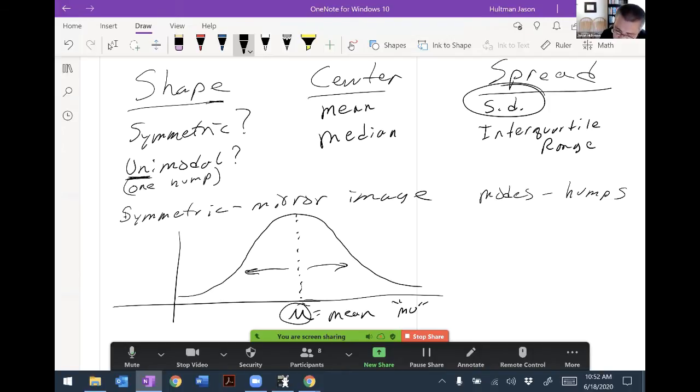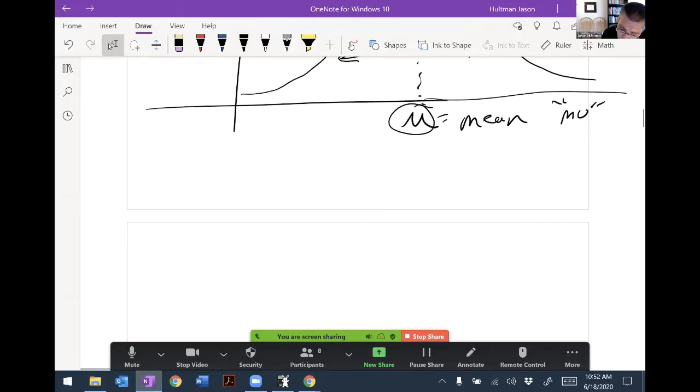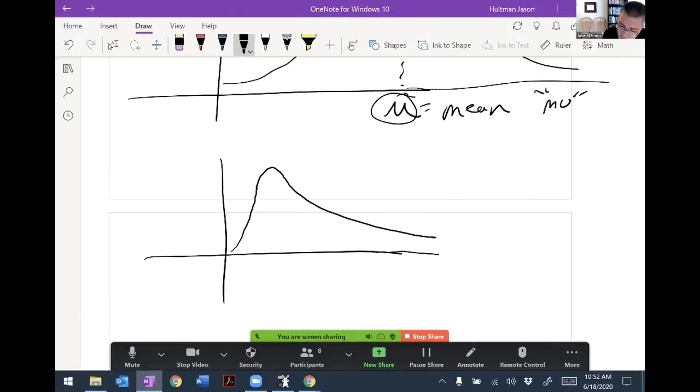Okay, what would be considered not symmetric? Well, if I had something that looks like this, it is non-symmetric. If I think of this as a little slug man going out for a walk, moving in this direction,